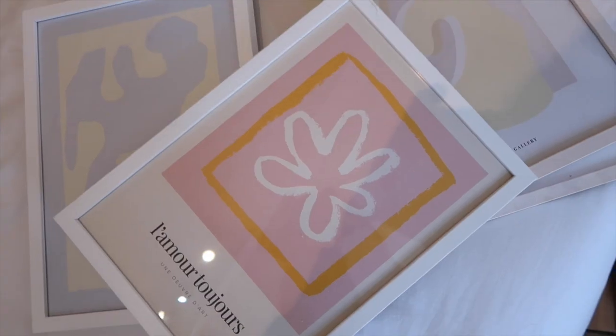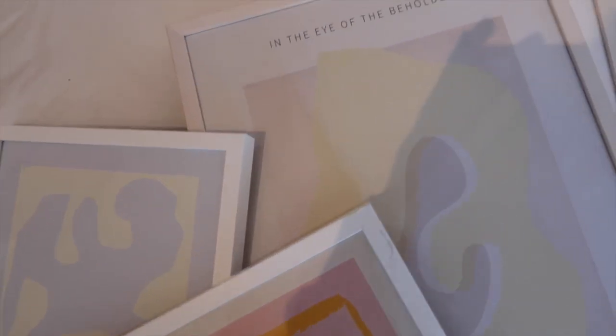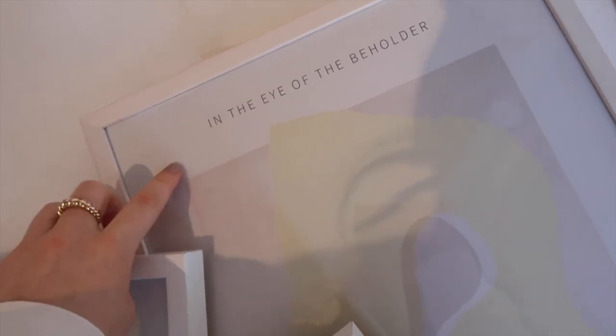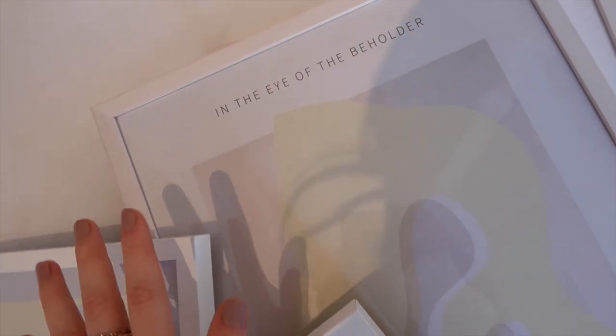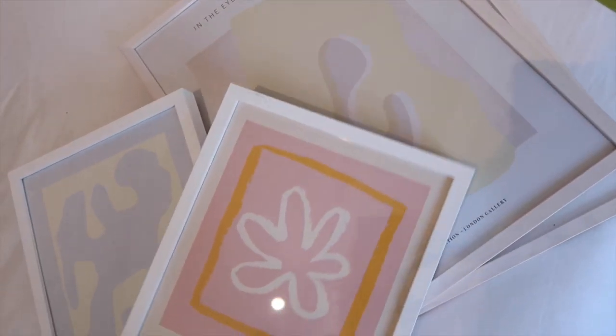Okay, so here is just a little sneak peek of some of my favourite ones. You can see the kind of colours we're going for. If anybody watches Sophia and Cinzia, you'll know that Sophia has this one in her house, and I've just been eyeing it up for ages. So yeah, that one is coming. These are the prints I picked up. There's quite a few more under here, but I'm going to start and put them on the wall